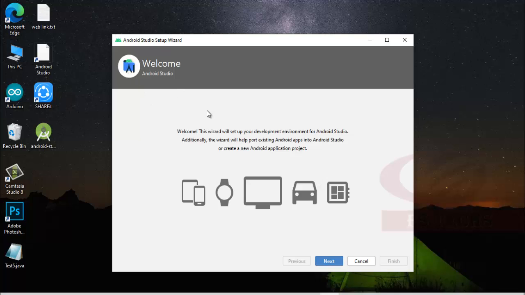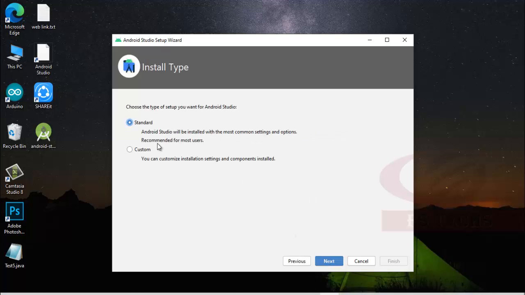And it will show you this setup wizard where you can set up your Android Studio layout. Next, and choose one of them, standard or custom. If you are new to this Android field and with Android Studio, then I will recommend you to just check this standard, and if you have knowledge, then you can definitely go with this custom option. But click here standard. Next,